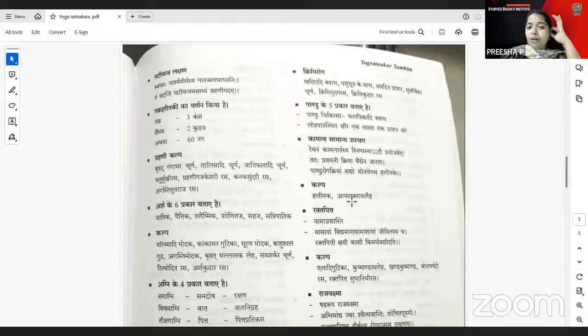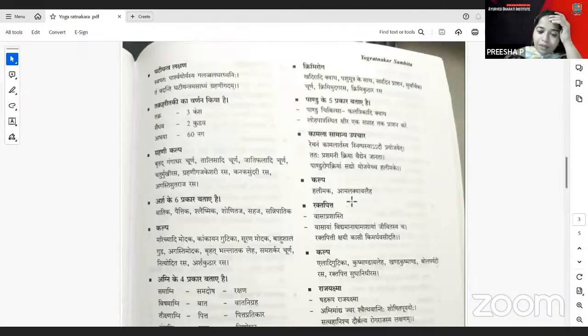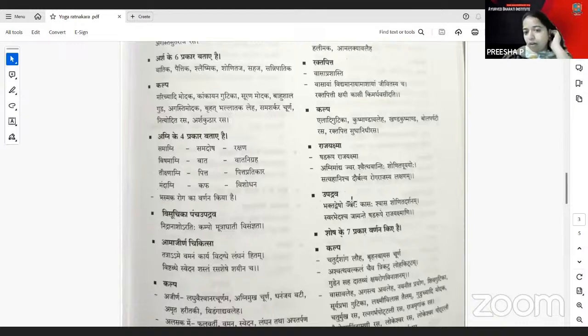Then when we are coming to the Pandu Chikitsa, that is the Phalatrikadi Kwata and Loha Patra Siddha Kshira, up to 1 week it is used there. You have the Kamala Samanya Upachara, like the Lakshanam Kamalartasya, Pandaroga Kriya, which is mentioned. And the Kalpa is Haridra and Amalaki Avaleha. And for Raktapitta, Vasa Prashasti is mentioned. And the Kalpa is Eladi Gutika and Kushmanda Avaleha. And Rajayakshma is Shadrupa Rajayakshma. Already Ekadasha Rupa Rajayakshma you might have covered, the Shadrupa Rajayakshma. Upadrava, it is Bhakta Dvesha, Jwara, Kasa, Shonita Darshanam, like that is mentioned.